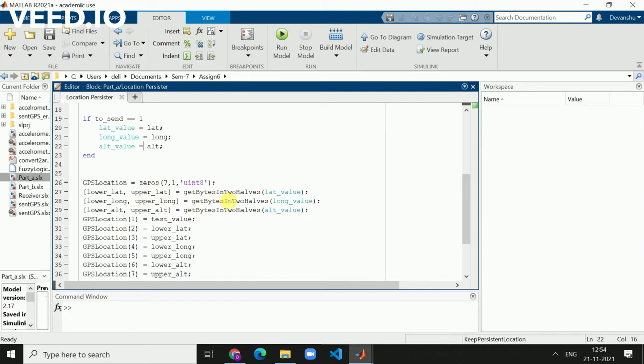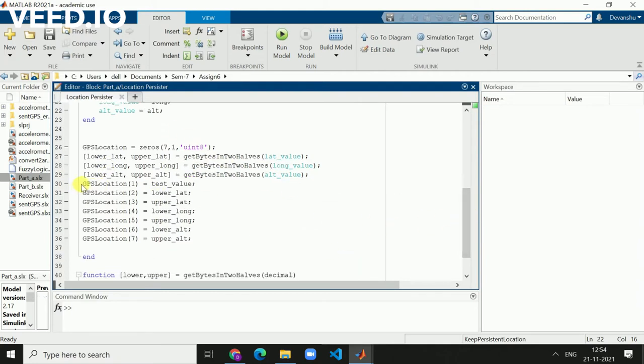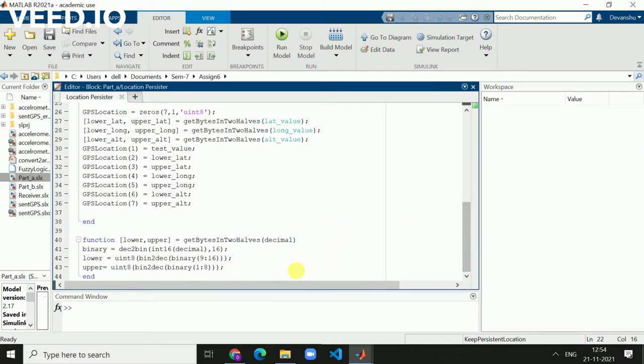We split the lat value into two halves using the function get bytes into halves. Similarly, the long and the alt values are split and stored in the GPS location array. Here a helper function is defined that does this task of getting bytes into two halves, so a value will be halved into two parts, the upper and the lower.